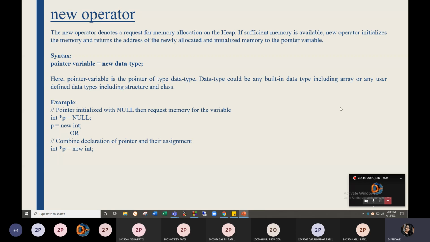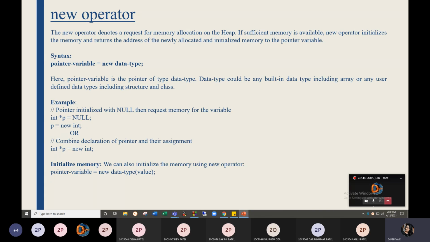So there will be a 4-byte chunk of memory reserved and p will be pointing to the base location of that chunk. Or you can combine both in the same line: int *p = new int. The same thing happens: 4 bytes of memory are allocated, and p points to the base location of that memory chunk.